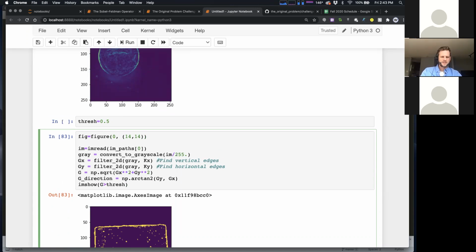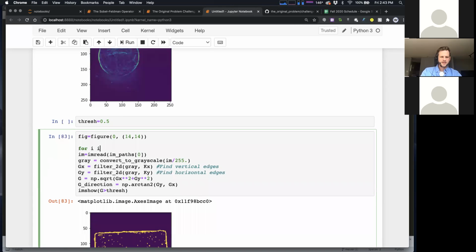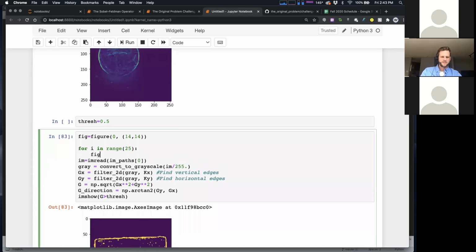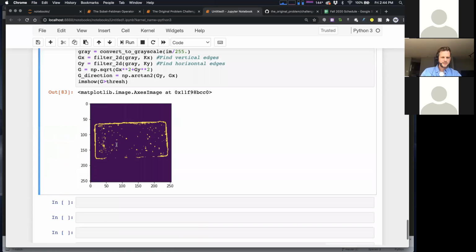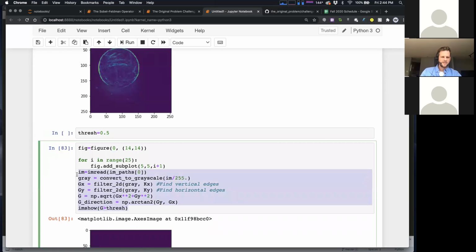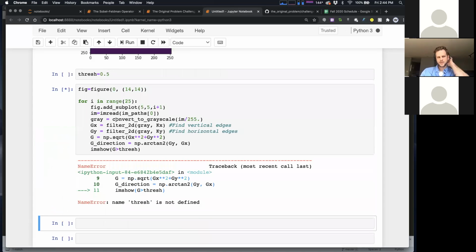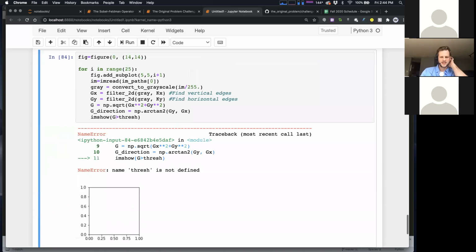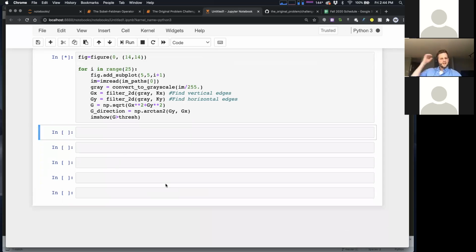And let's do for I in range of, let's do like a 5 by 5 grid. Let's do 25. Let's do fig.add_subplot of 5 by 5 by I plus 1. Okay, cool. So this should make a big subplot of a bunch of images, and we'll see how well this threshold does. Oops, I didn't run this cell. Okay, cool. All right, let's see if this works.